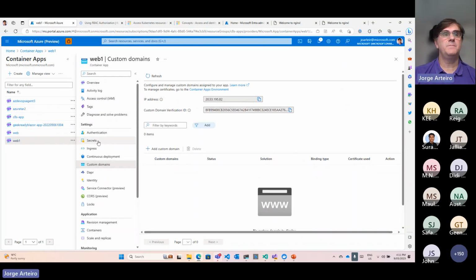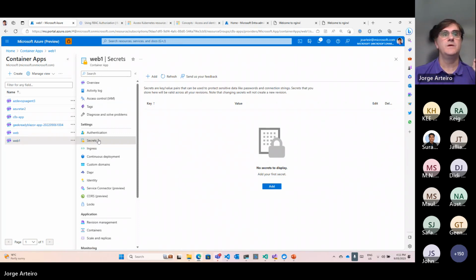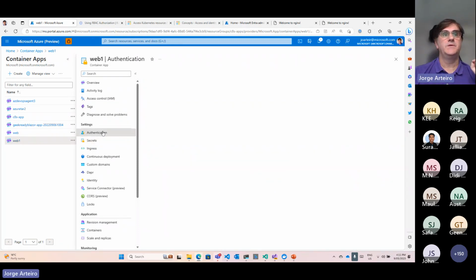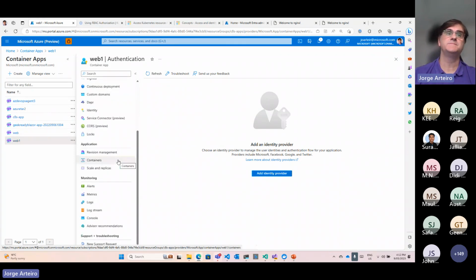You can have secrets that are going to be used by your application. You can use authentication. Means that Azure Container Apps now have everything that you can pretty much do on Azure App Service, or you can do on Kubernetes Service, but now having a fully managed and serverless way.